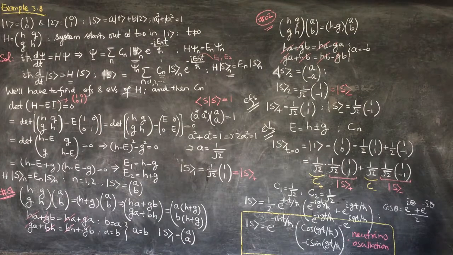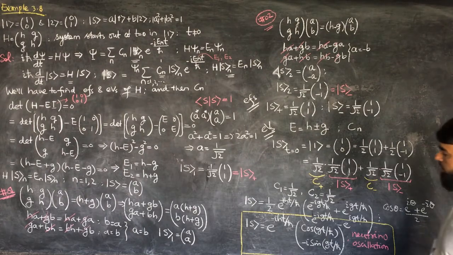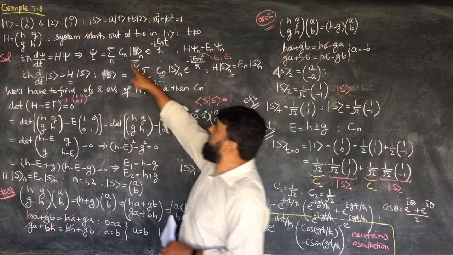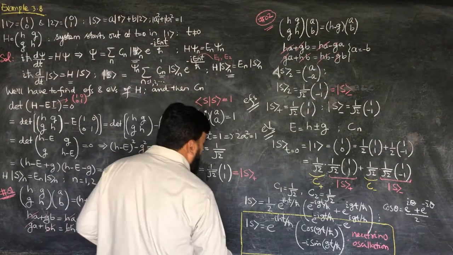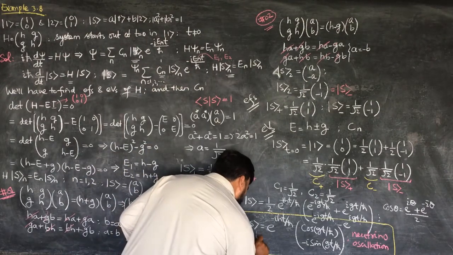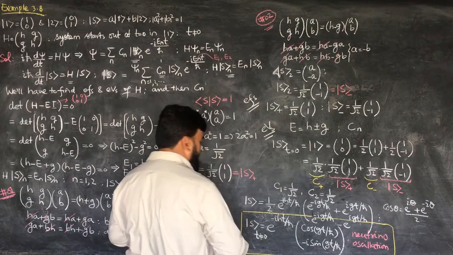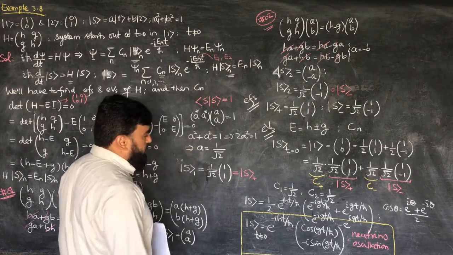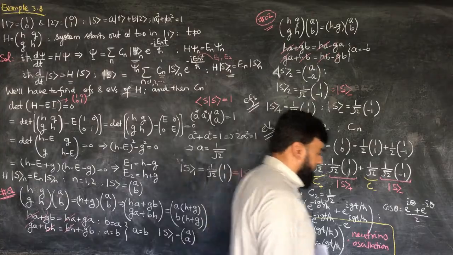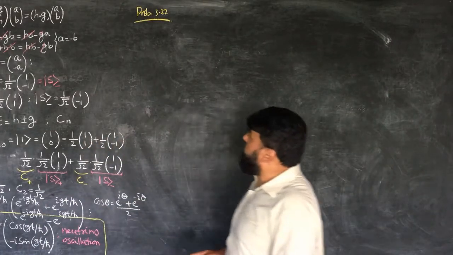So we got everything in this problem: the eigenfunctions, the eigenvalues, and the coefficient Cn. And we finally found a state when t is non-zero. At any time t, we got the solution. We now solve problem